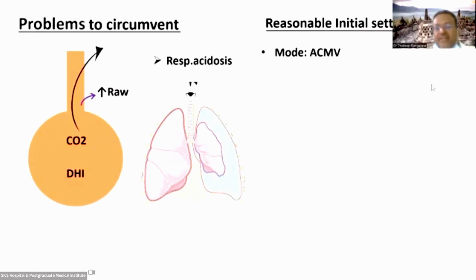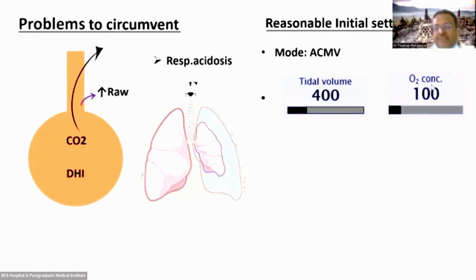The reasonable initial setting is assist control mode ventilation, or control mode ventilation is desirable. Tidal volume has to be lower, because we saw in the previous slides that an increase in the tidal volume is something which will worsen your dynamic hyperinflation. And initially you can put them on 100%, and the respiratory rate has to be kept low,